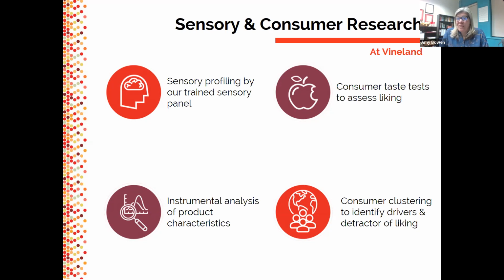The other thing we know, though, is not everybody likes the same thing, which is just fine. Even tonight, we've got 6 apples, and I'd be surprised if everybody picked the same one as their favorite. So something else we do is look at consumer clustering to identify drivers and tracks of liking based on taste preferences. What are the different descriptors people like? You often hear people segmenting things based on age or income, but we actually do it based on what you like and don't like in apples, to figure out who our market is for putting new apples out onto the market.